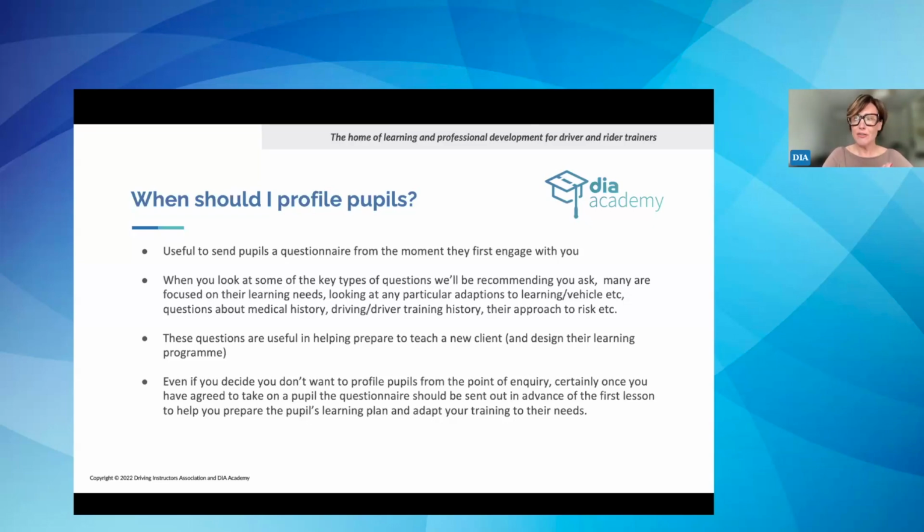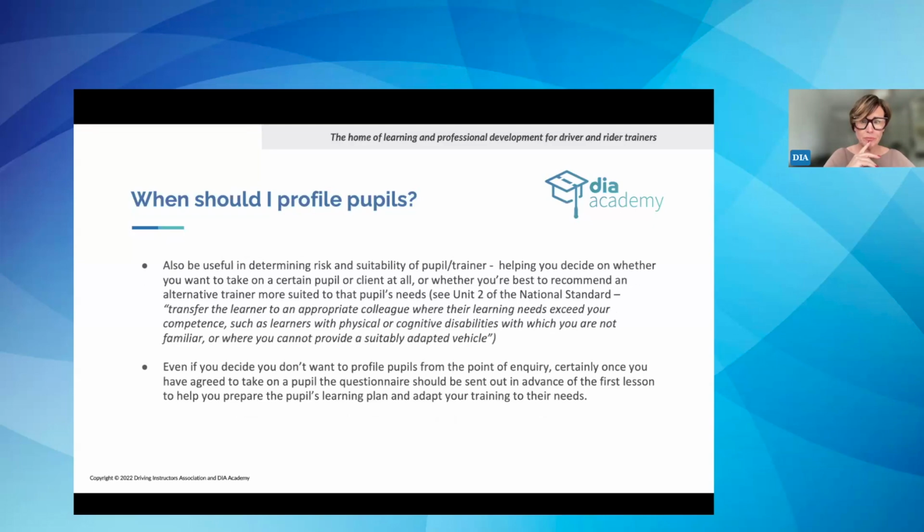I need this stuff to give you a better learning journey, to make sure that we are delivering to your learning goals and your learning needs. So make the sell of why this data is important in their interests, not just in yours. It could be, going back to specific needs, cultural needs, whether it's a male or female trainer, where they might have specific needs that you might not be able to cater for.